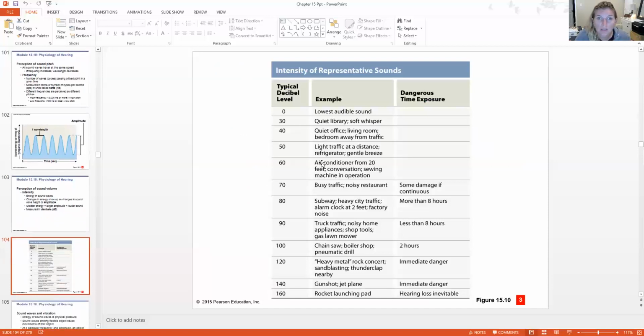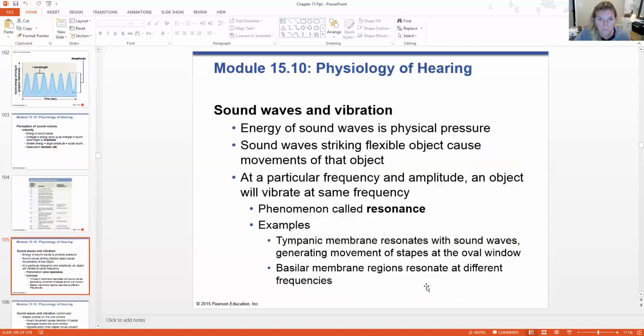This is a chart showing the intensity of representative sounds, like a quiet library or soft whispers at about 30 decibels. Something like a gunshot or a plane is 140 decibels. Notice that at higher decibels, damage can occur. So, sound waves cause vibration. The energy of sound waves is a physical pressure. A sound wave striking a flexible structure, like a tympanic membrane, is going to cause movement. At a particular frequency and amplitude, the object will vibrate at that same frequency. That's called resonance. So the tympanic membrane is going to resonate with the sound waves, generating movement of our ossicles,